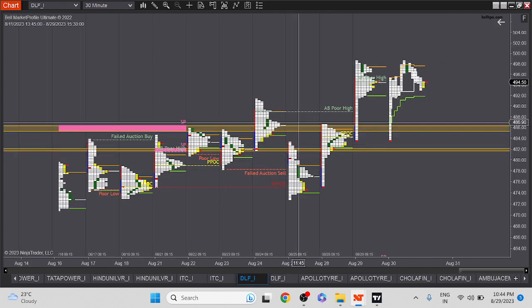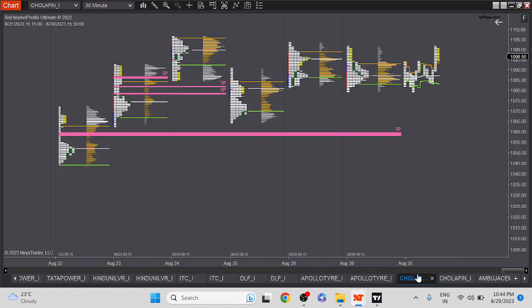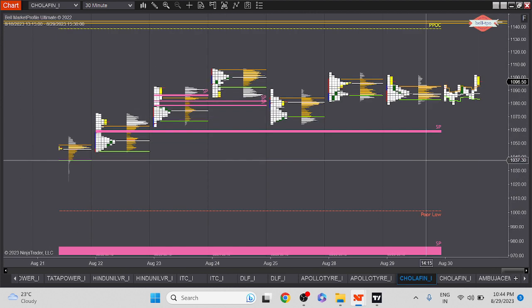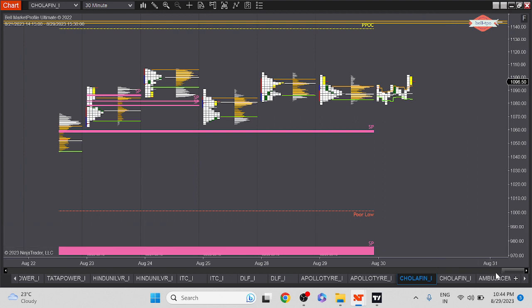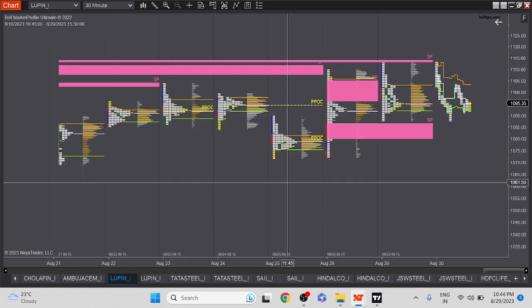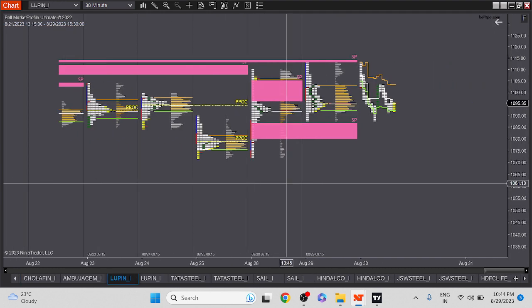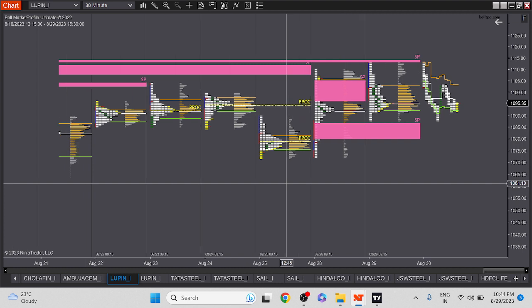Then today, which stock gave a move? Exactly, DLF above 850.487. We got a good move up of around 10, 12 points on this counter. Then Chola Finance, we got some kind of a move in the end. But yeah, that's it. I think overall, we have multiple things to look for the expiry.